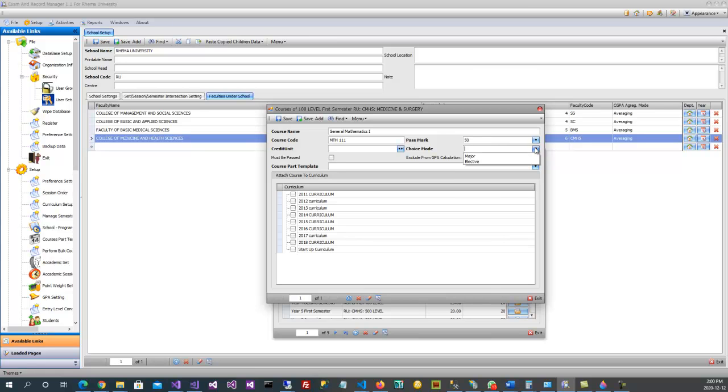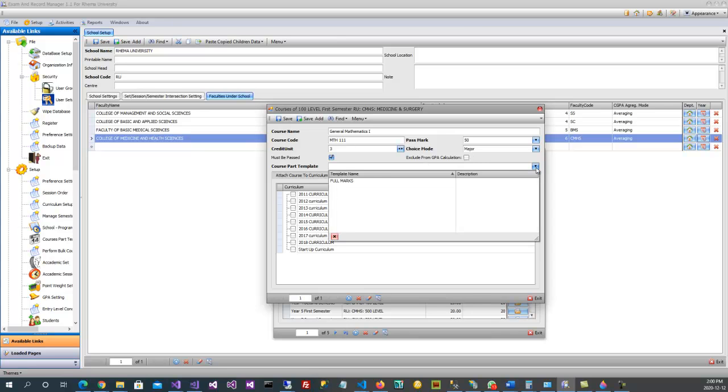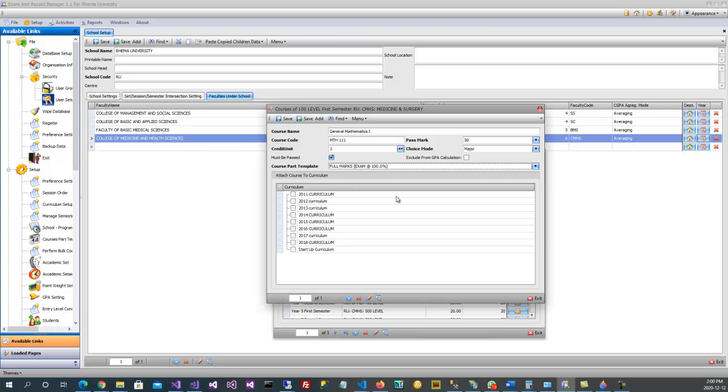If it's not, you can still modify. If it's a major course, great. Then the credit unit from what we have here is 3. Then yes, it must be passed. Exclude from GPA calculation? No, it's part of GPA calculation, I'm hoping. Then the course part is going to be 100% full mark. So that means you're going to be entering